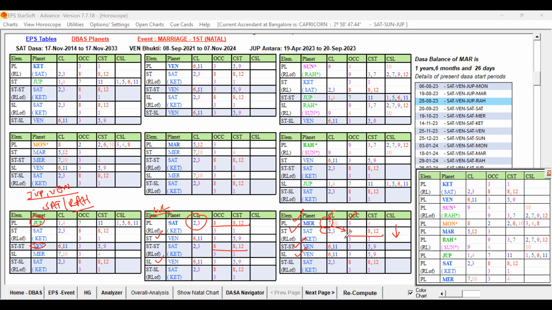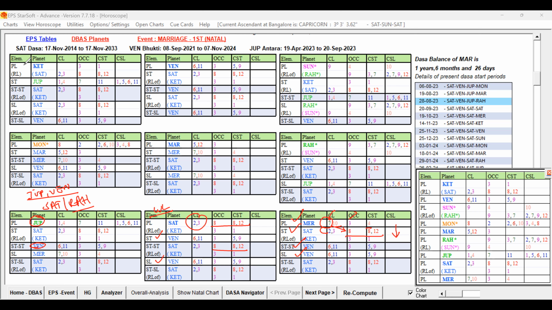So that way, the level-wise study indicates the 7th Lord in the star of this. 2 and 3 is good only, but the 8 occupant, 8 and 12, is not good. They are supporting the 10 and 4. In addition to that, moreover, the 7th Lord itself in the star of this, 7th house matters are going to experience this. This is weak. I think you are able to understand this.